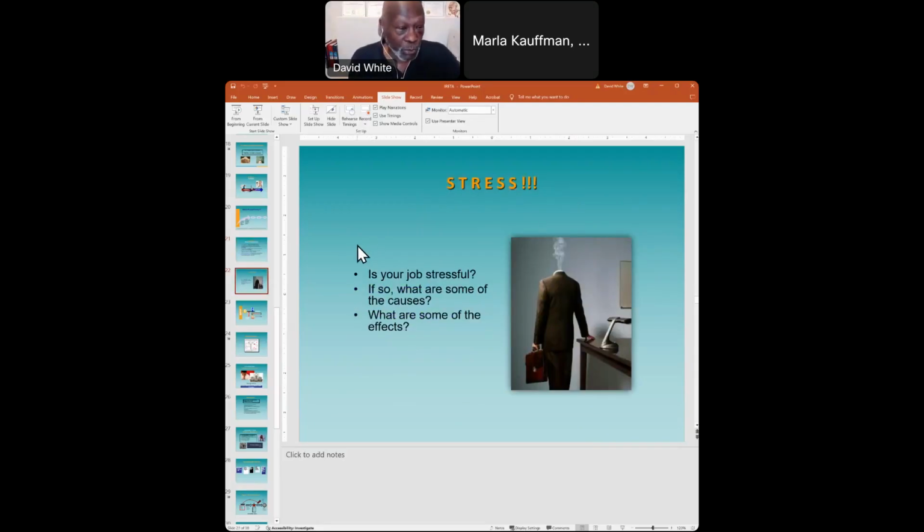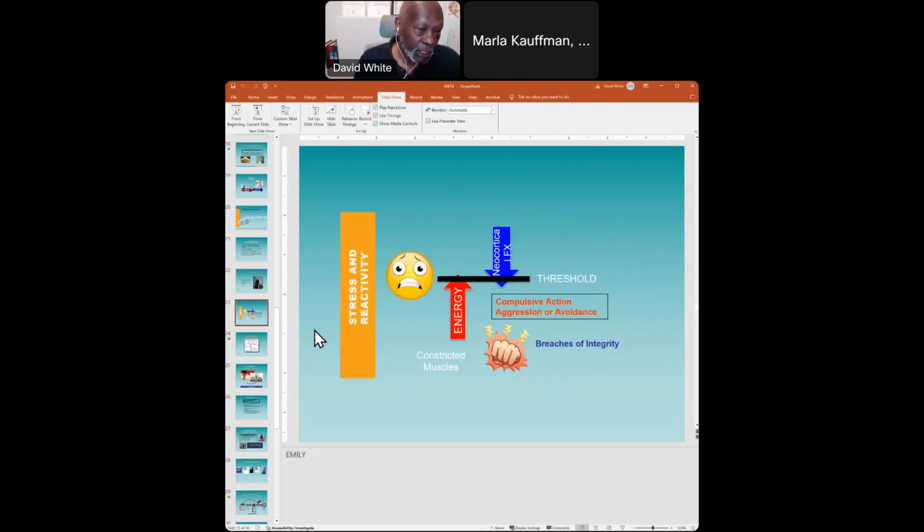One of the very things that we ask you at the very beginning of the workshop is your life stressful, or is your job stressful? And then we go through what are the causes of the stress and what are some of the effects of the stress. And we do it in reverse. So we want to know the effect that stress has on you, and then we say, okay, so what do you think is the cause of those effects? And we do that very early in the workshop as a way of getting you prepped to understand where you're going to be headed. So let's take a quick look at this.